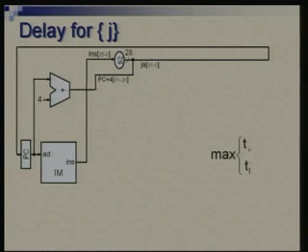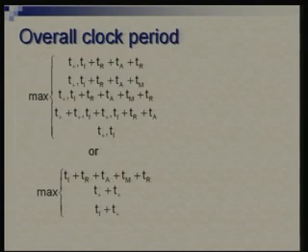For jump it is T plus or TI. Now what we will say is that the clock period has to be large enough to accommodate all these possibilities. So it is max over all these, which I can just put as max of all these terms. Each row in the upper group of expressions corresponds to one instruction or its group. So T plus, TI plus TR plus TA plus TR, these are coming from R class of instruction. Second line is for store, third line for load, fourth line for BEQ, and fifth line for jump.